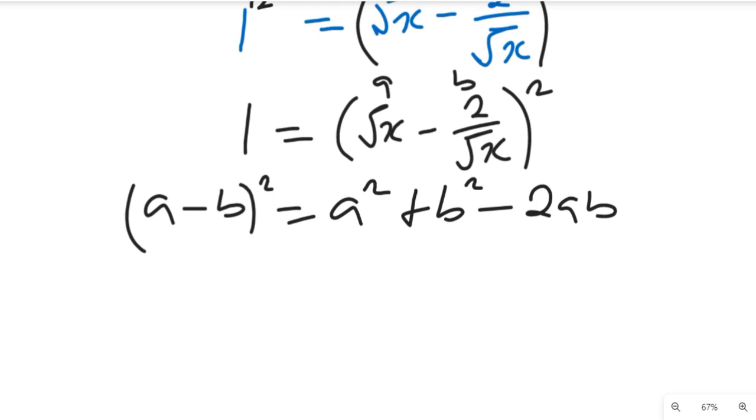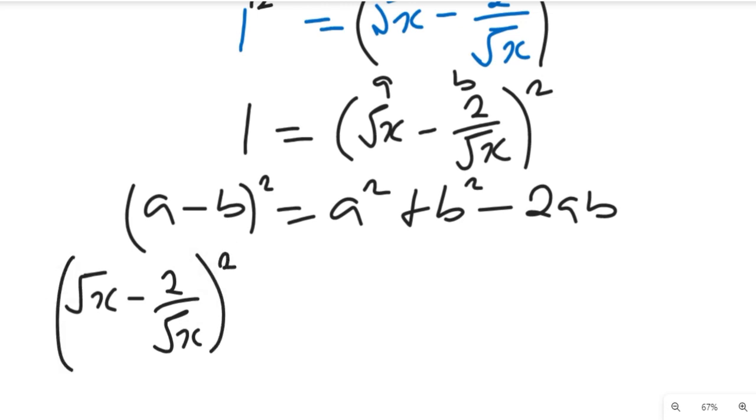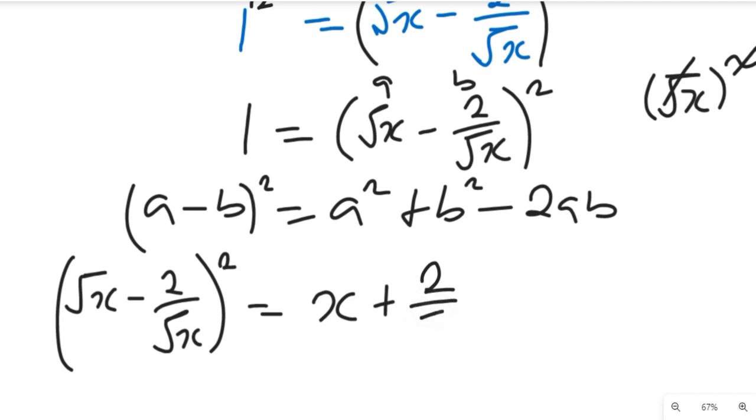So if we bring it to that expression, we will now have square root of x minus 2 divided by square root of x all squared will be equal to, this will become x, because when we have square root of x squared, this will clear this, and then we'll have x plus 2 divided by square root of x all squared, right,